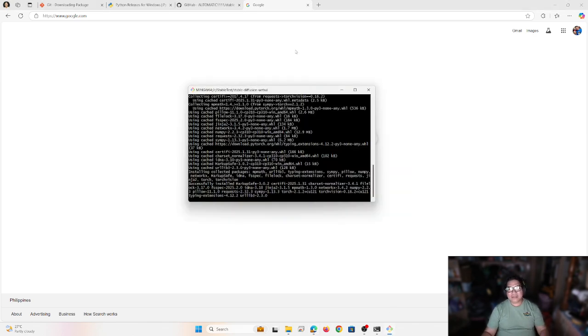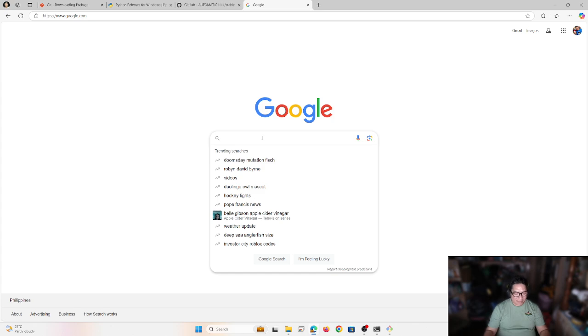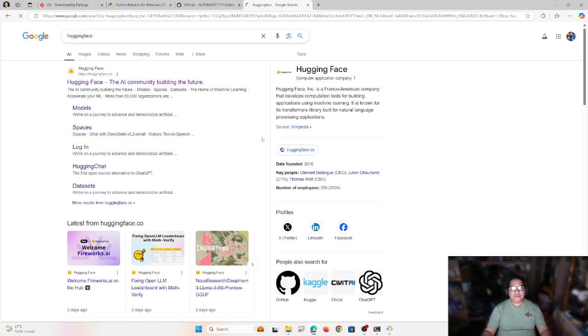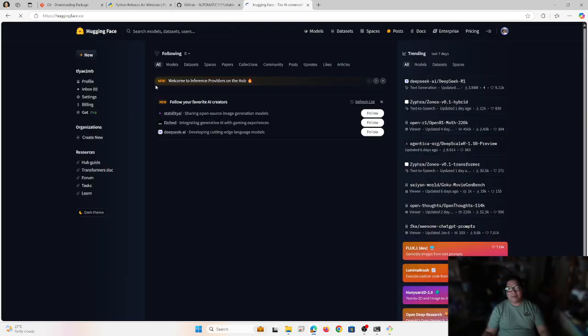So for our case, we're going to go to Hugging Face, which is very famous. It's an AI community where you can download models for different purposes. They have models for images, for vision, for text to speech, the likes.